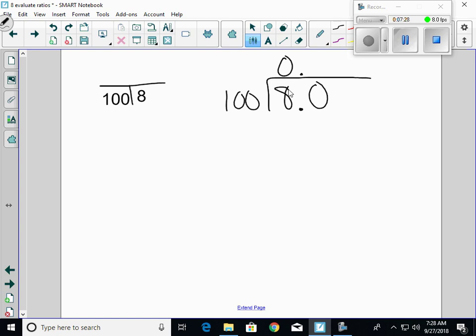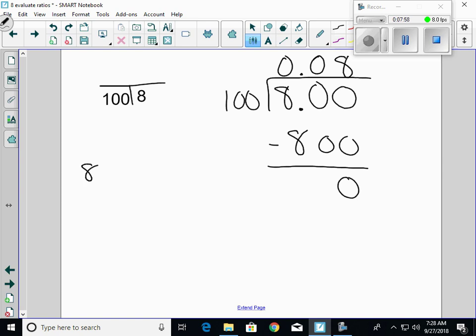100 does not go into 80 either. 100 is bigger than 80. So it goes into 80 0 times. So where that 80 ends, I'm going to put a 0. So I have to keep going. 100 does go into 800. 100 goes into 800 8 times, because 8 times 100 is 800. 800 minus 800 is 0. So I'm finished. 8 divided by 100 is the same as